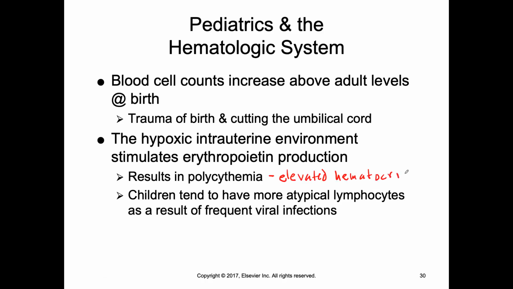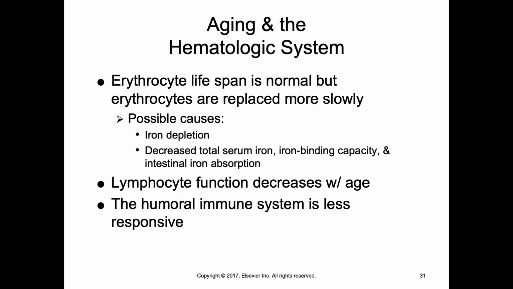Okay. Now, primary polycythemia is a disease process, and that usually indicates some problem with the red bone marrow, right? But secondary polycythemia is a normal response to high altitudes or low oxygen concentration, okay? Children tend to have more atypical lymphocytes as a result of viral infections as well, okay? What are atypical lymphocytes? Those that are not frequently seen, like basophils,